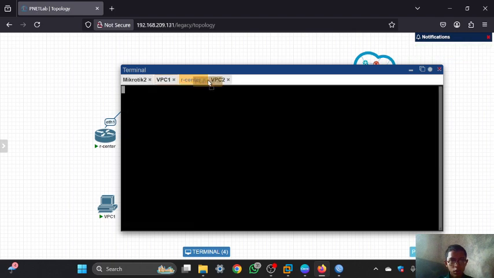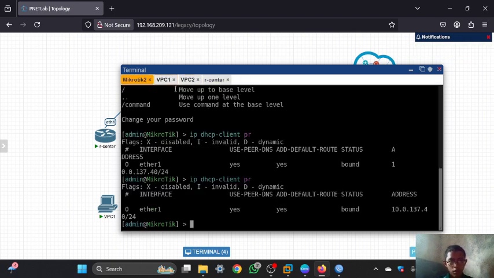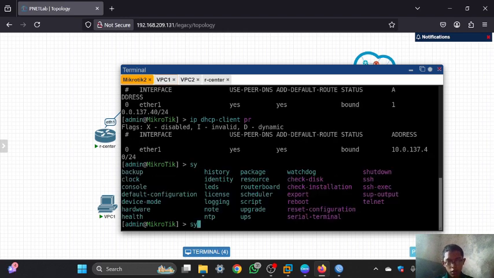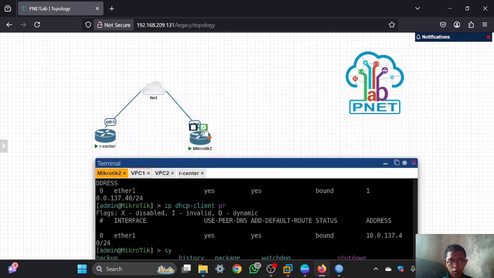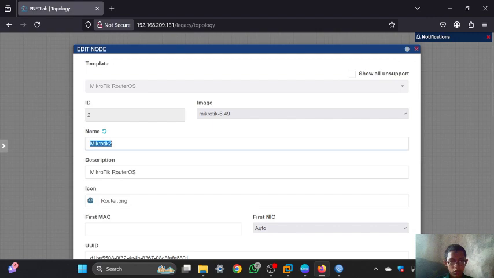I will set the hostname in the MikroTik 2 with router branch: system, identity, set name, router branch, and I will set the name in here. You can set it in here, branch.